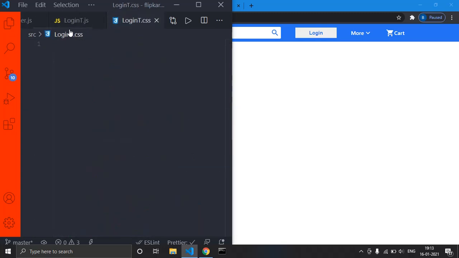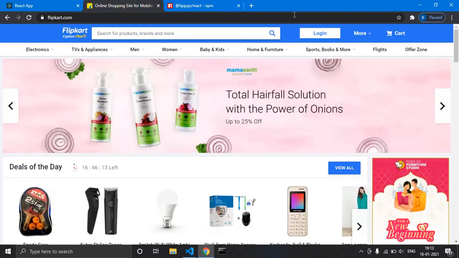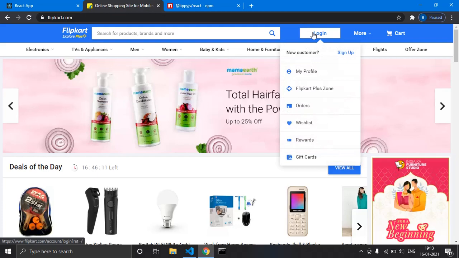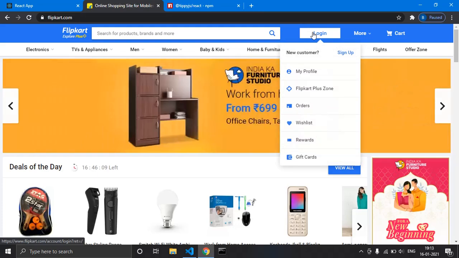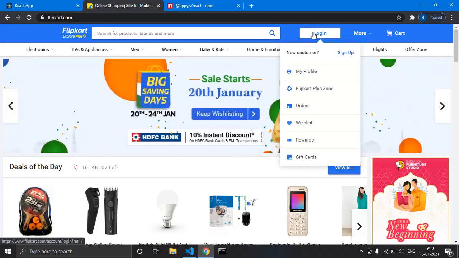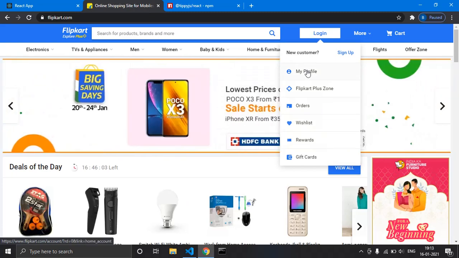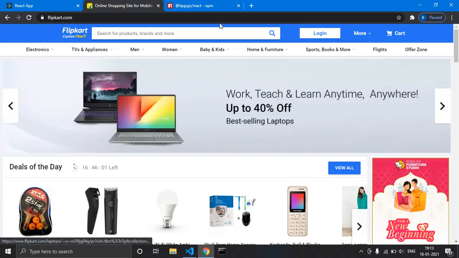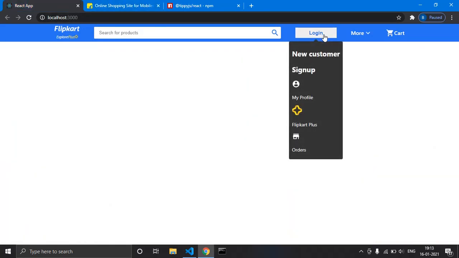Now first let us style LoginT. See here, we have new customer. All these are aligned in one row, right? We consider this as the first part and this as the second part, like that. But in our case, this icon and this my profile should be in one line, that is in one row, right?